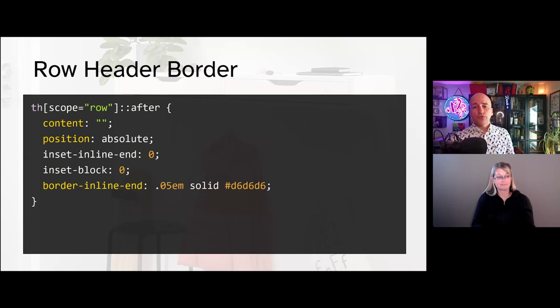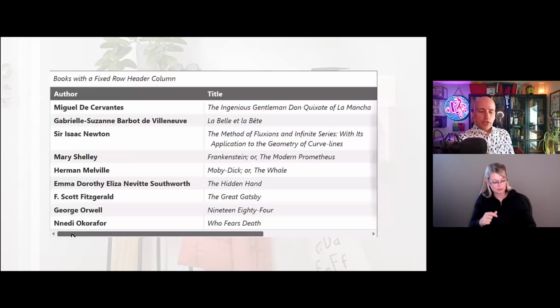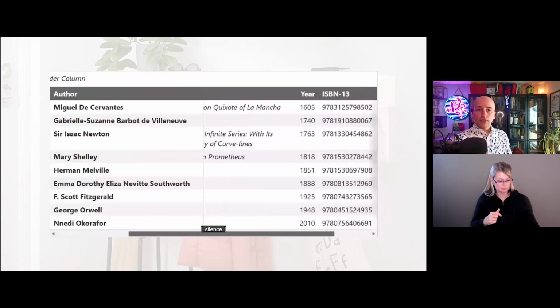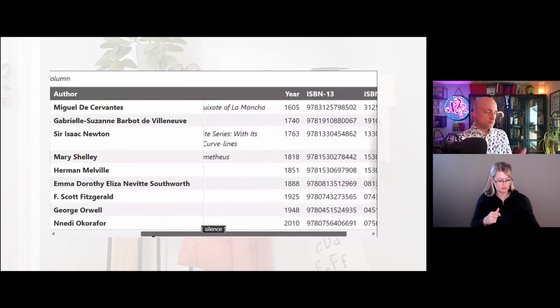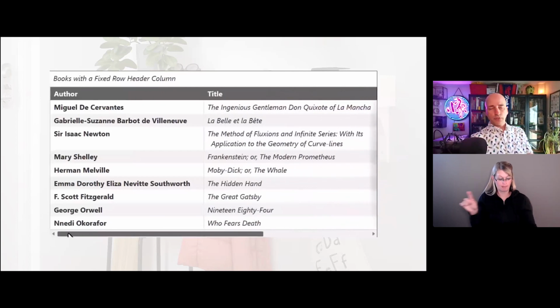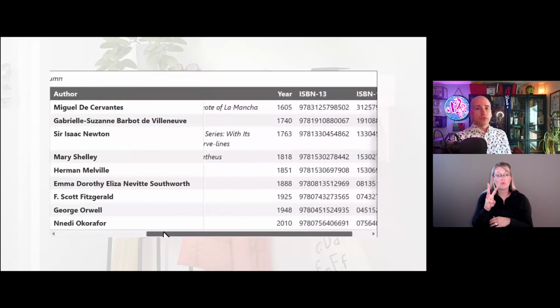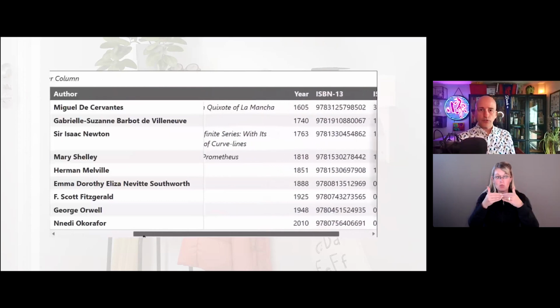Now I use CSS generated content with logical property positioning, and I give that a border instead of a background color, so it's more likely to automatically pick up system colors in a forced colors context. Lots of words. Here I am showing some left-right scrolling in a table. The row headers stay put, and the rest of the content slides back and forth underneath it.